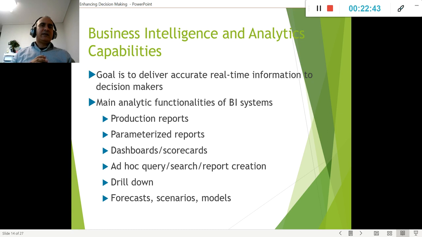So, the same thing as the drill down: forecast scenarios and models. We will look back into the information that we previously had, to see if there are any patterns in it, and then we also go to the future, as in forecasting. If I change this in the production, how would that affect the demand? Based on this, many companies make decisions about producing more or producing less.